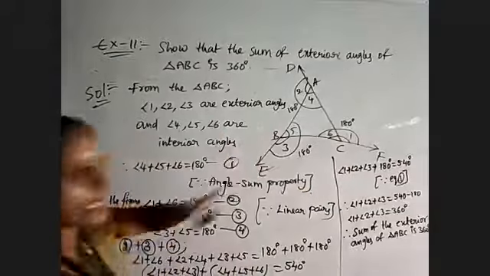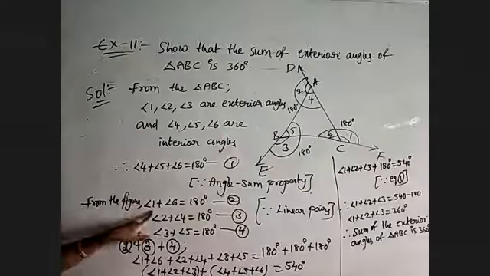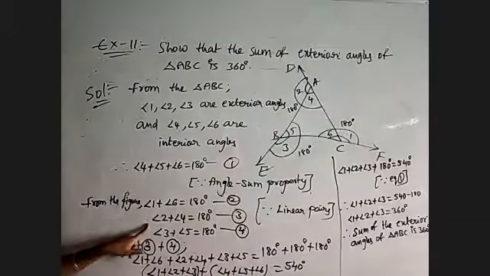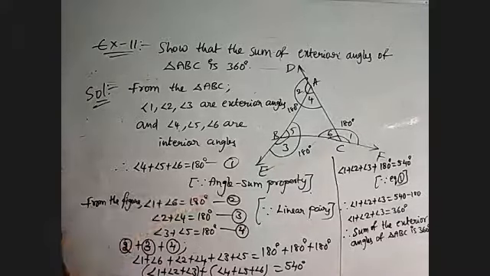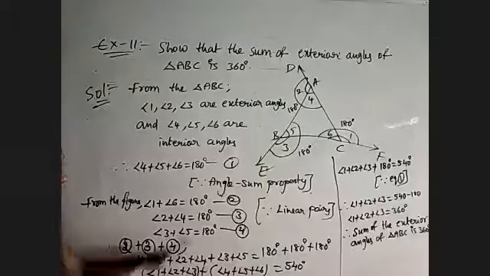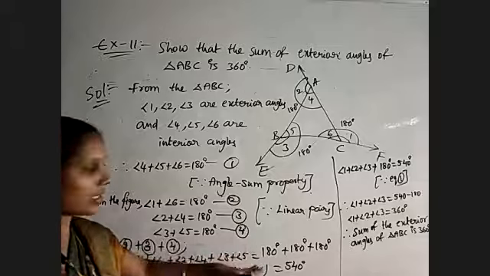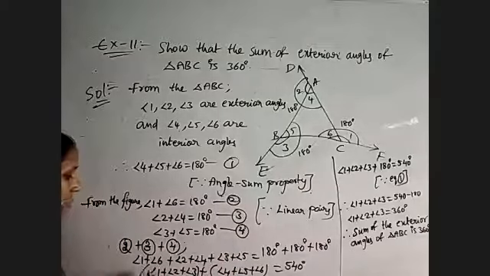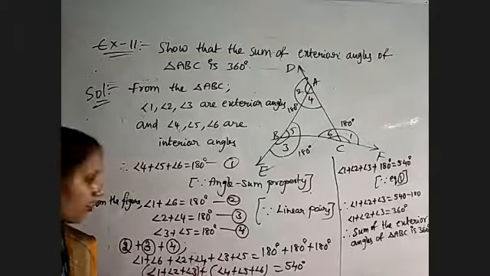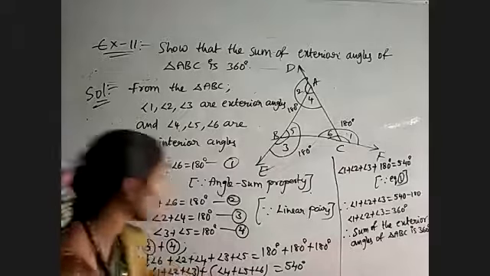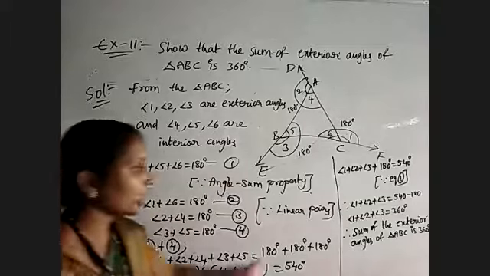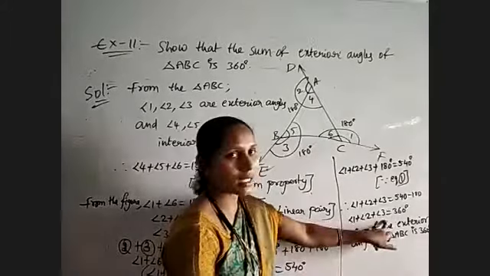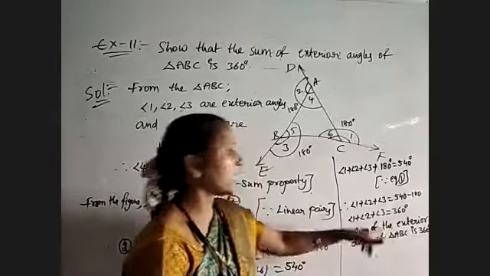So like that, we are getting three pairs. Angle 1 plus angle 6 is equal to 180, angle 2 plus 4 equals 180, angle 3 plus 5 equals 180. By adding those three equations by the horizontal method, first the left side and after that the right side, what are we getting? Angle 1 plus angle 2 plus angle 3 plus angles 4, 5, 6. And we know that angle 4 plus 5 plus 6 is equal to 180. So substitute here: 540 minus 180 gives 360. So the sum of angles 1, 2, 3 is equal to 360 degrees.